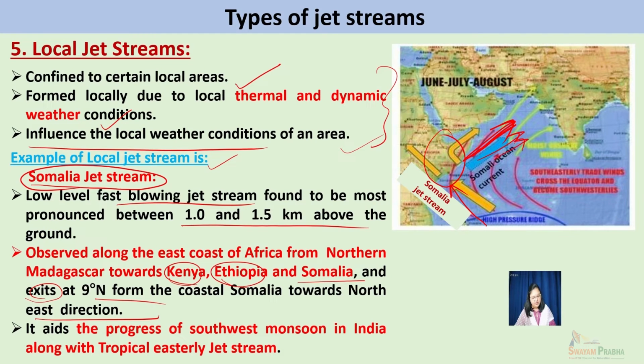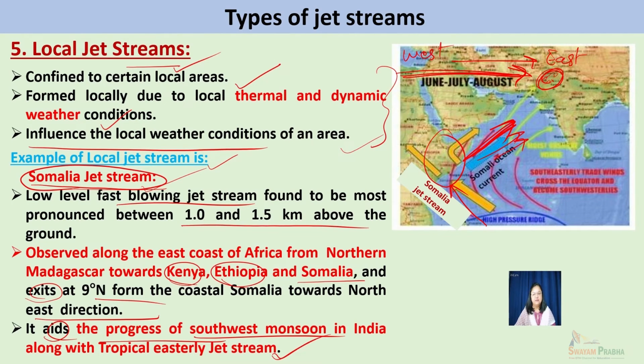towards the Arabian Sea region. And this particular local jet stream is very important for the southwest monsoon in India because it aids the progress of the southwest monsoon in India. The onset of monsoon, the periodicity of monsoon, and also the variability and breaks in monsoon are highly influenced by this local Somalian jet stream. So local jet streams have local influence, and they define the precipitation conditions and wind direction and movement,